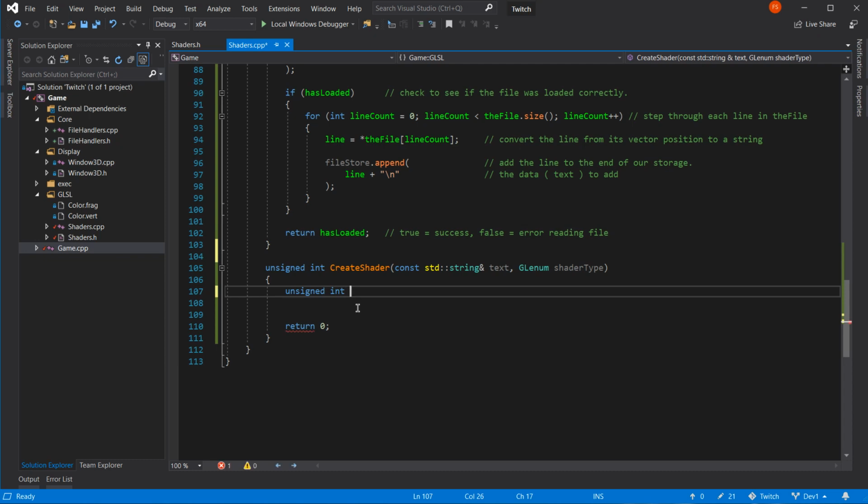I'm just wondering, we used the GLenum, so why don't we just use a GLuint? We can. It typedefs to the same thing, doesn't it? Unsigned int. Yep.